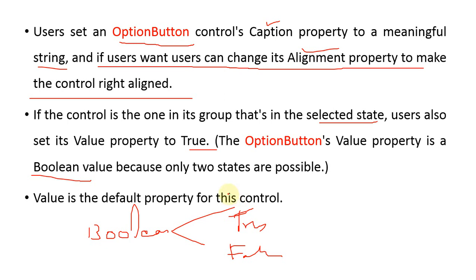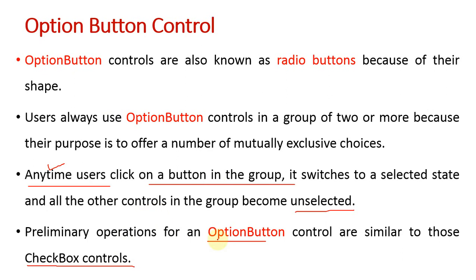Okay. So if you say dot, option 1 dot, option 2 dot, option 3 dot, like that you can go on. Okay. So out of the group of 3 or 4 or 5, the user may select any one, whichever best suits his interface. And because it is in a group, there may be 2 or more, of course. Anytime while the user interface is running, the user can click on any one, which means it becomes the selected state and all the other controls in the group become unselected.